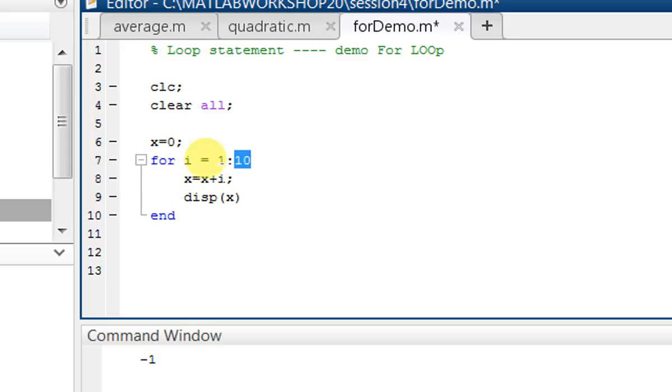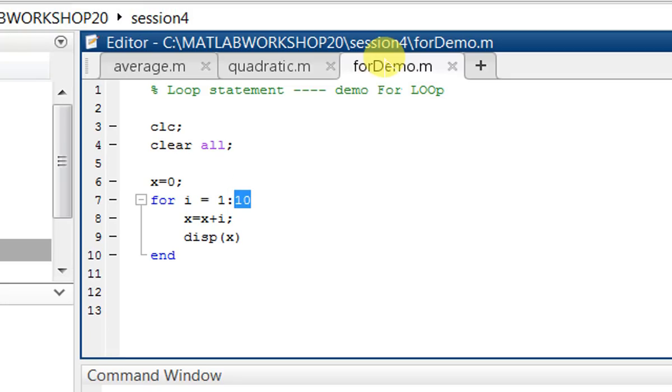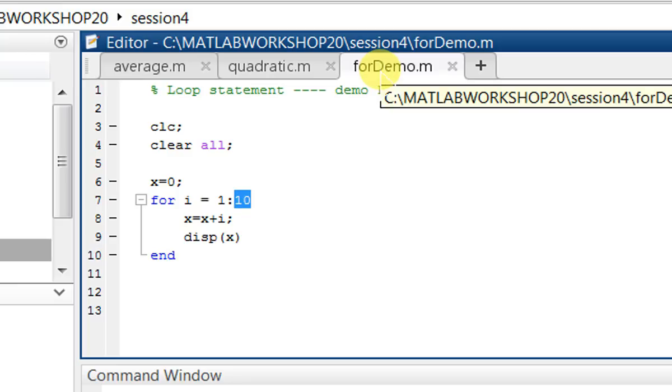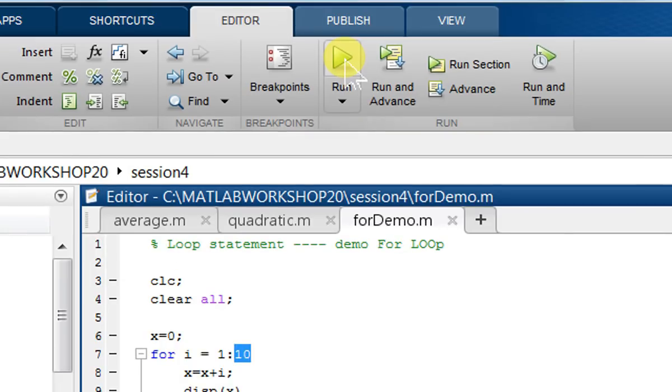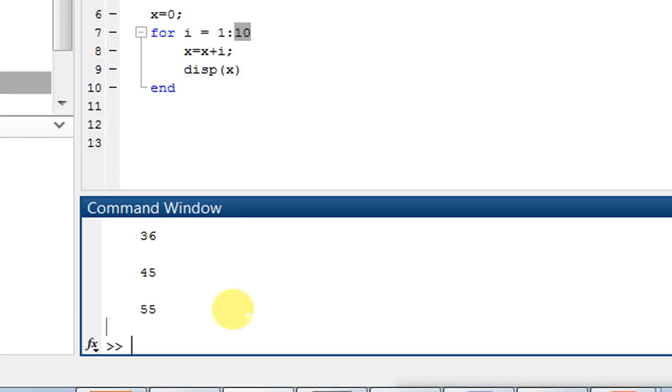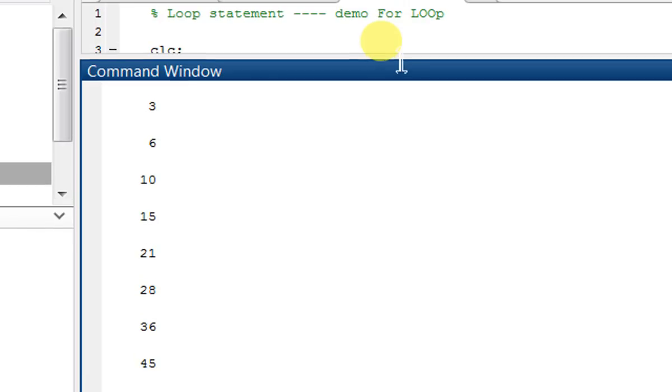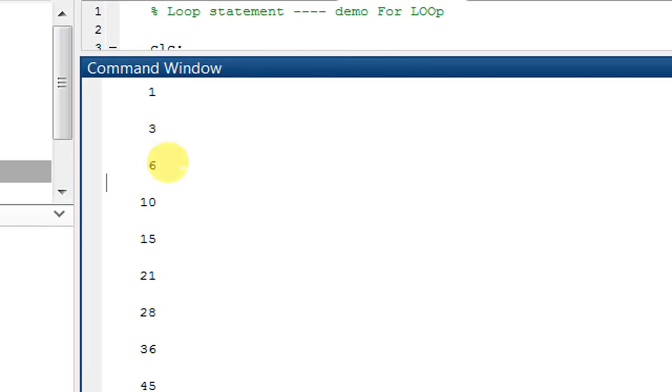This operation is going on inside the for loop, so it is called a loop. Now we save this program with the file name for demo.m and run this program. So what will we get as output here? We will get the number of iterations for the value x.